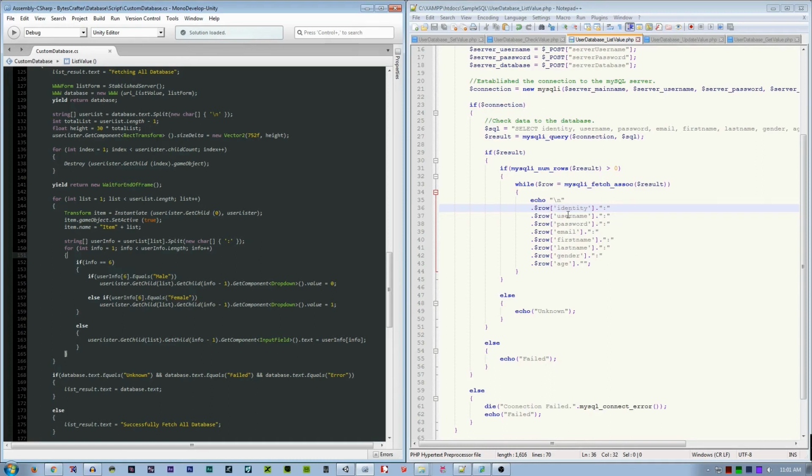So for example, this has 1, 2, 3, 4, 5, 6, 7, 8. It should have a length of 8. Because I have a drop down, I put an if and else statement.